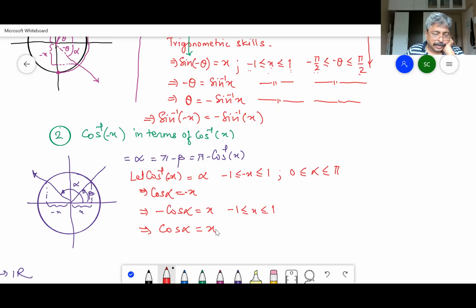Is that right? Will the cos alpha go inside as it is, or what will happen? Okay, what is alpha? Sir, pi minus x. What are you saying? Sir, pi minus alpha. Just one minute. 0 less than or equal to alpha less than or equal to pi. That is going right. Sir, then below, cos of pi minus alpha. Yes, but why do we do it that way? Because cos of pi minus alpha is equal to minus cos alpha.